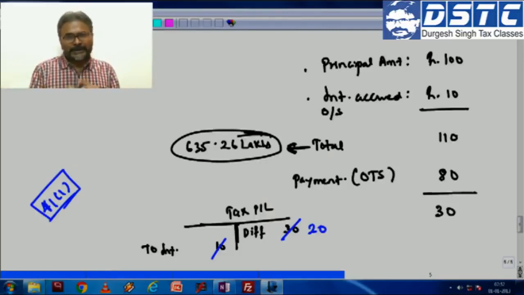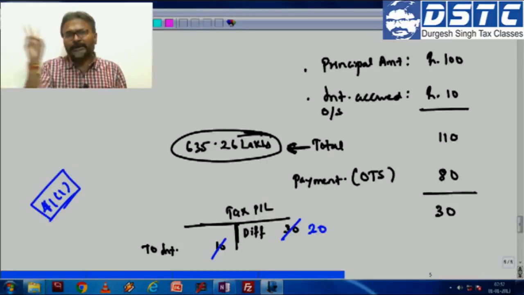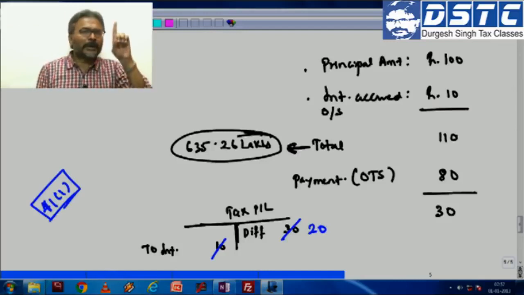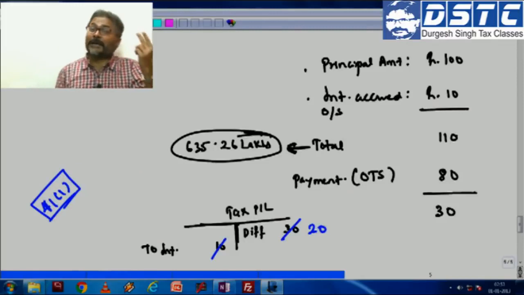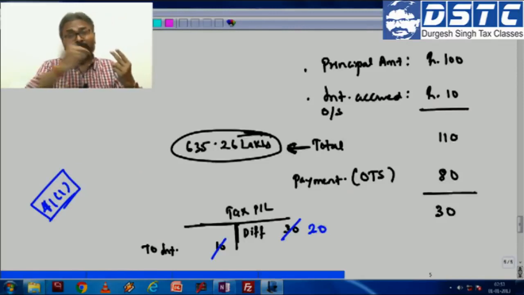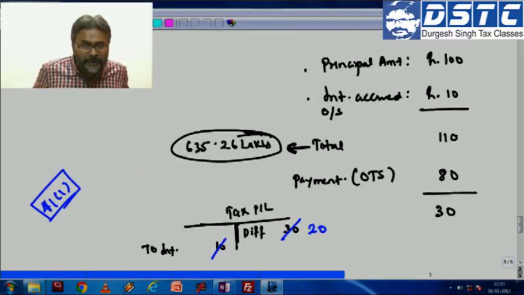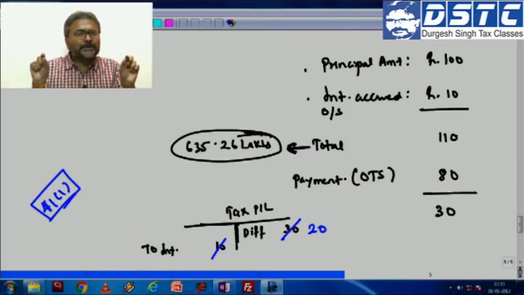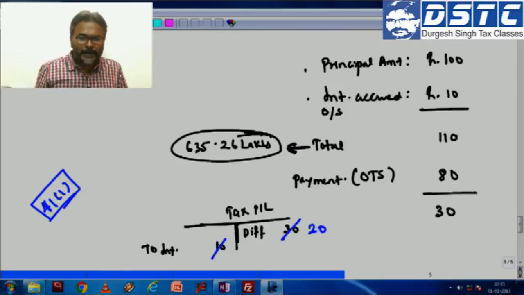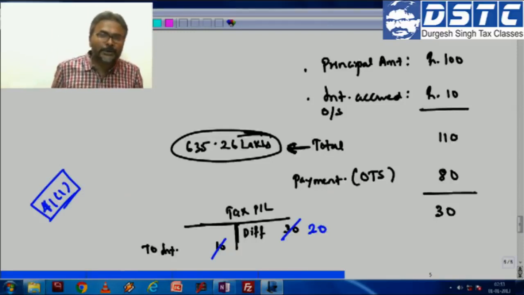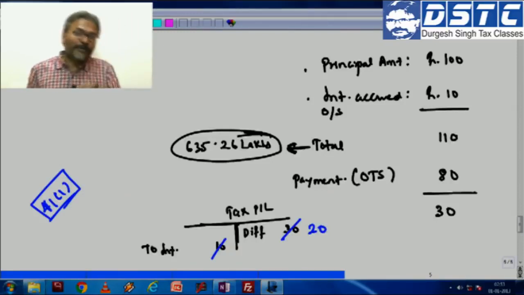So in this context, if both conditions are satisfied: condition 1, the SSC should be getting a deduction; condition 2, the SSC should get the benefit, which could be either in the form of recovery or waiver. Only then would the 41.1 charge be applicable. Here, as far as the interest amount is concerned, the SSC has not got a deduction, and if the SSC has not got the deduction, then it's waiver,